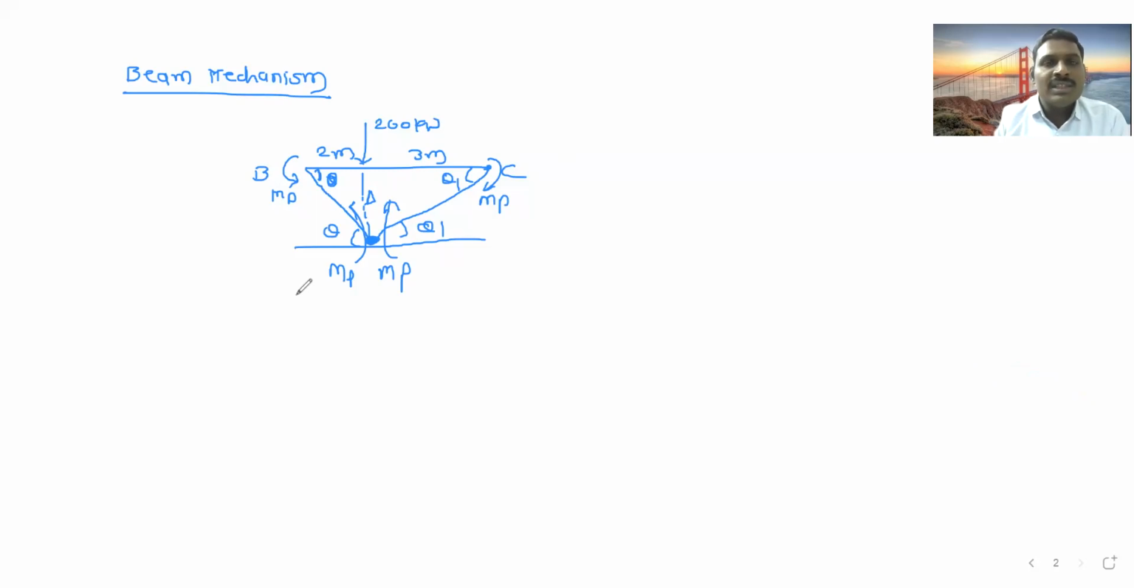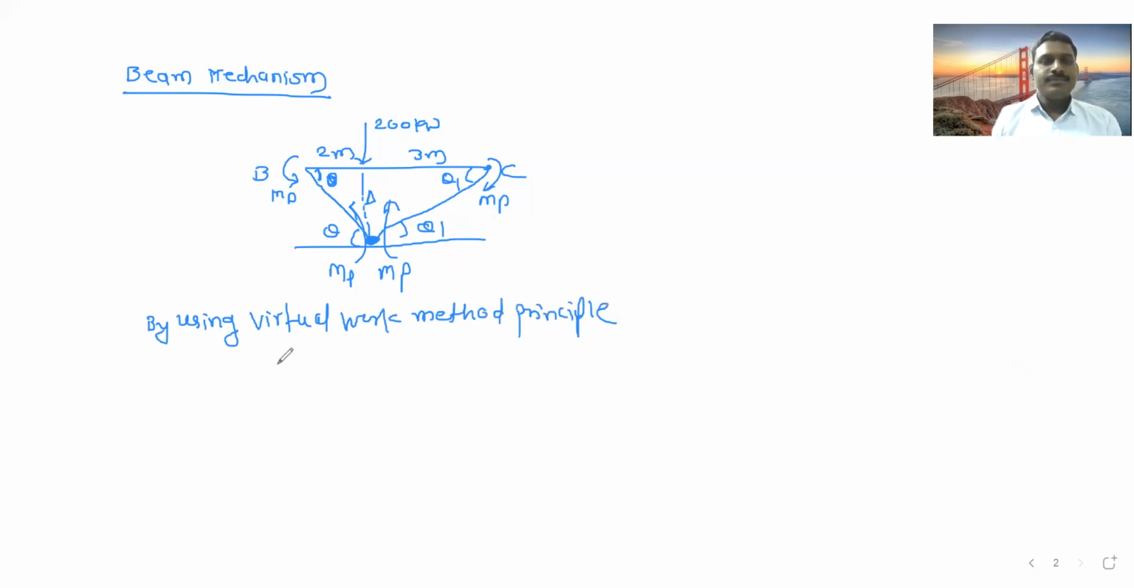The same way we have to solve this. Whatever procedure we used in the plastic analysis of beams, the same procedure we have to follow here, by using the virtual work method principle. What does the virtual work method principle say? It says the external work done is equal to the internal work done. So external work done we have to calculate. EWD is equal to